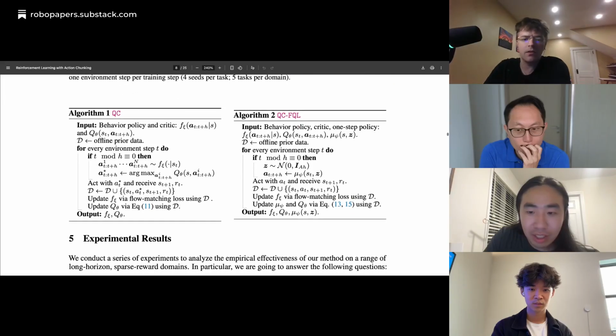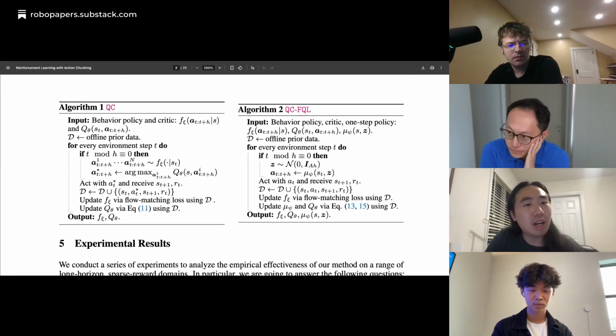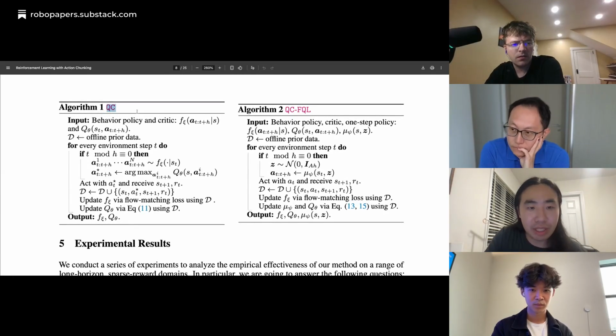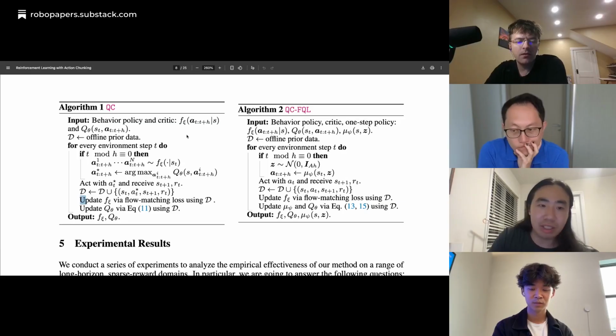And so you're using a flow matching loss, but you also did mention that a diffusion transformer would work as well. Oh, yeah. So I would expect the QC algorithm is really agnostic to how the behavior policy is parameterized, because literally here we're just using it as a sampler. Right. So it doesn't need to be something you can draw meaningfully rich samples from. Yeah, precisely. Then it will work.